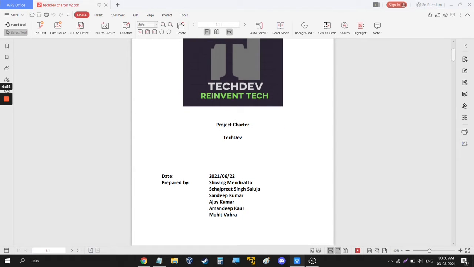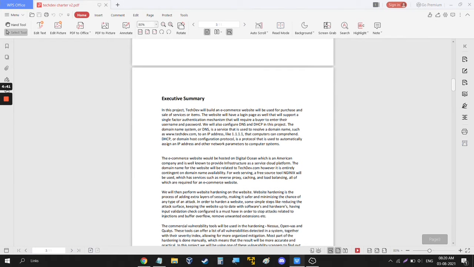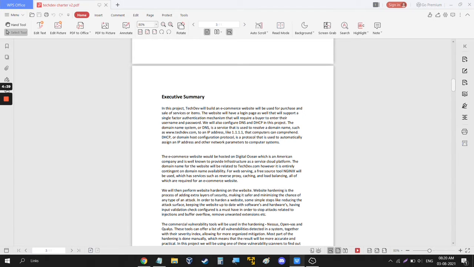I'm Shivang Mendirata and my team includes Sehajpreet Singh Saluja, Sandeep Kumar, Ajay Kumar, Amandeep Kaur, and Mohit Vora. Together we are the Tech Dev Group, and in this project we have built an e-commerce website that will be used for purchase and sale of items. We have configured its DNS, the Domain Name System, and DHCP, Dynamic Host Configuration Protocol, of the website, and we